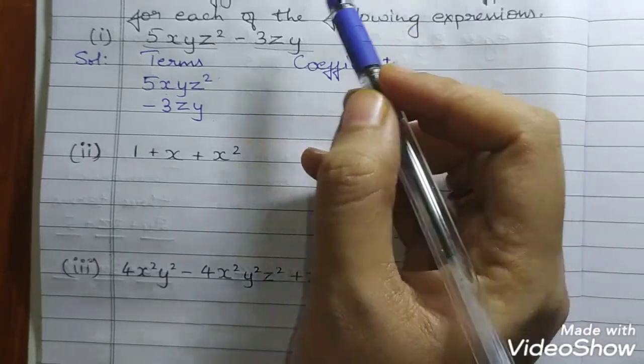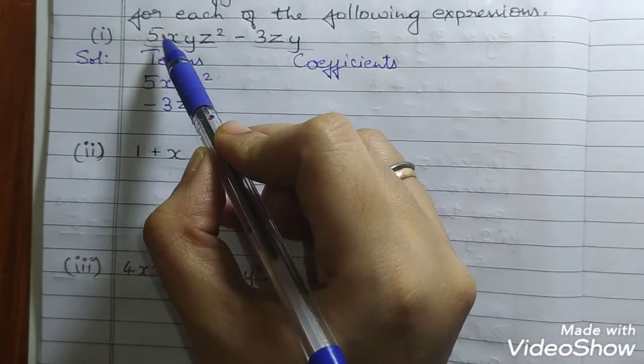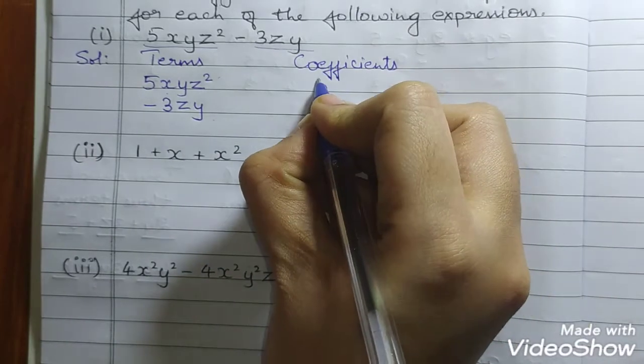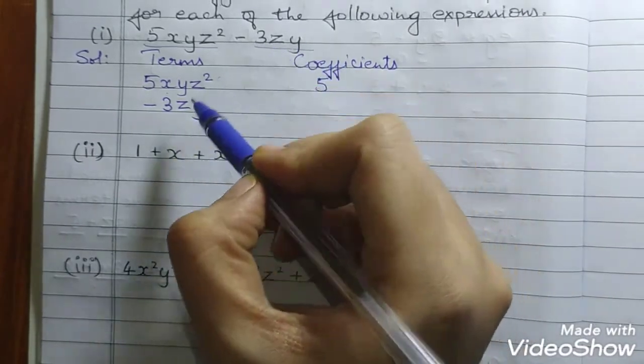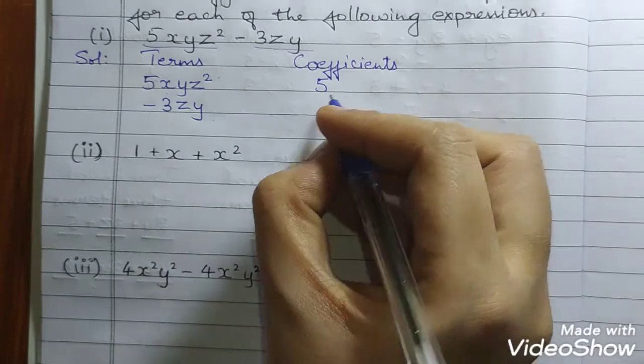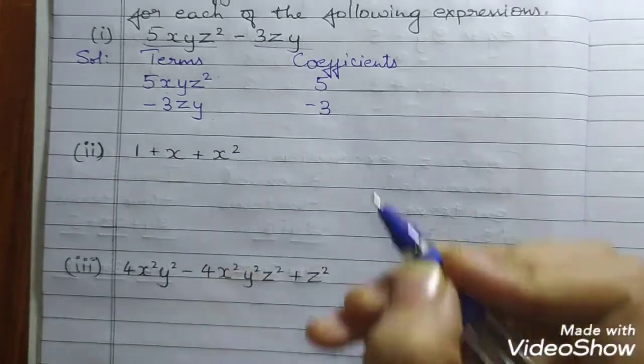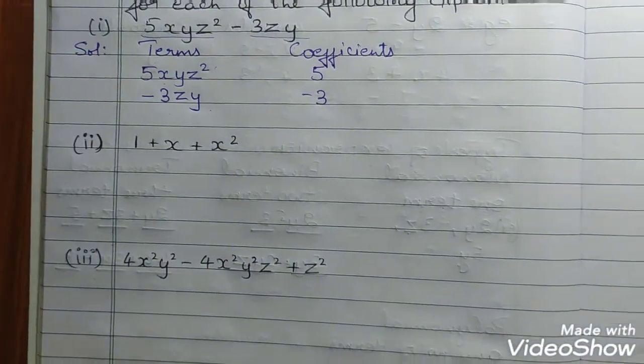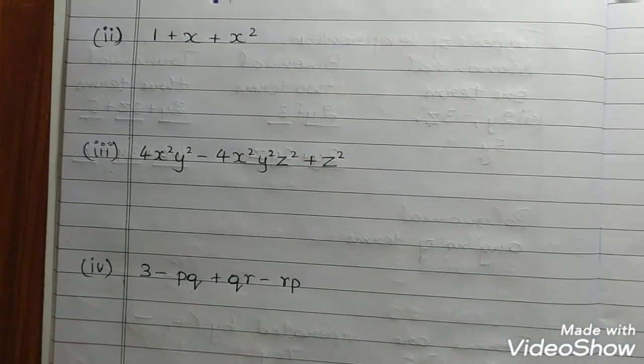Coefficients. Okay, in this part what is the coefficient? 5. Okay, and this second term, what is the coefficient? That is minus 3. Okay, I think this is clear for you. The second question,